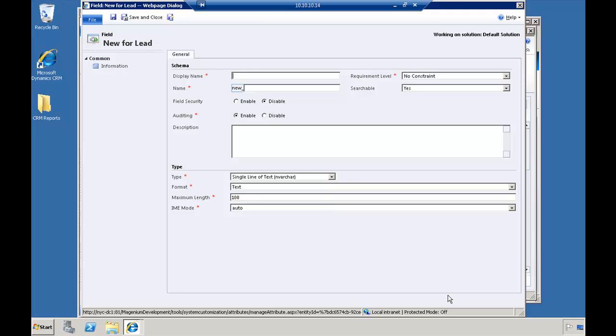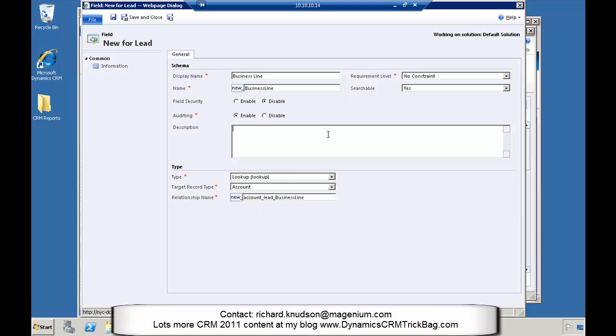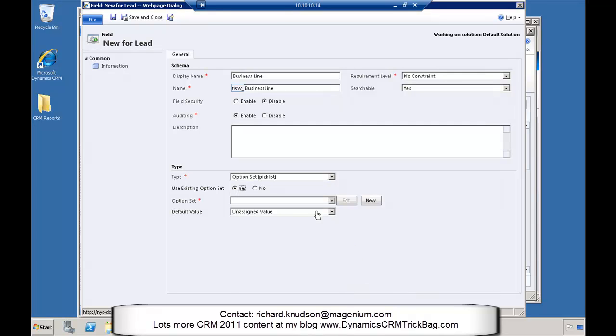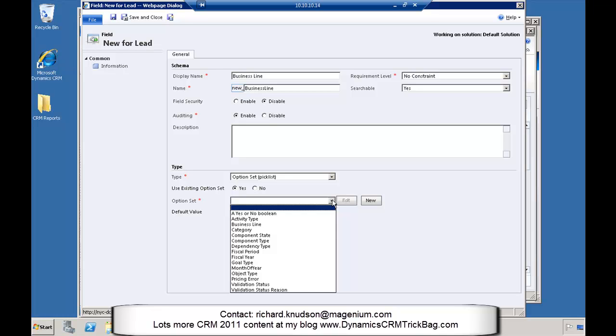And what I'm going to do is create an option set, I'm going to call it business line. You might think this defeats the purpose because I am defining this at the lead entity level, but watch what happens when I specify that this is an option set. I now have the choice, here's what's new, of using an existing option set rather than starting from scratch and creating a new one. So if I select yes, I can then select from existing option sets, and you'll see